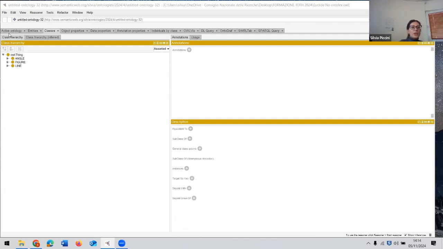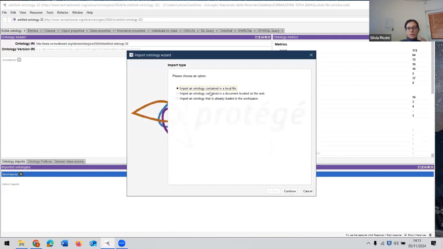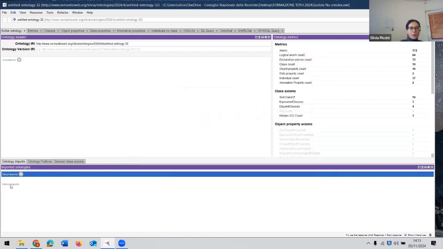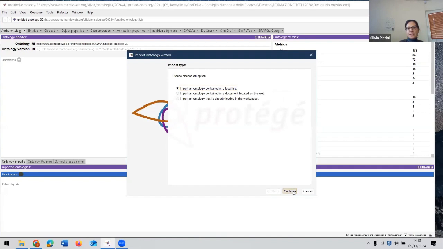So now you click on active ontology here, and you can see this panel, and we have direct imports, and we can import our ontology, a new ontology. Okay, here: first of all active ontology, then direct imports, and then let's